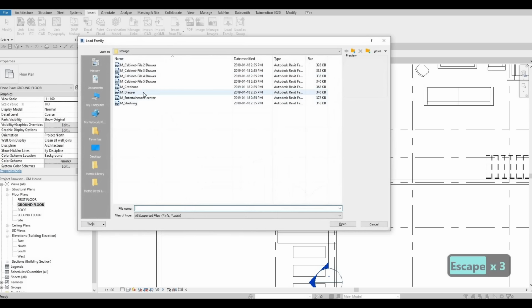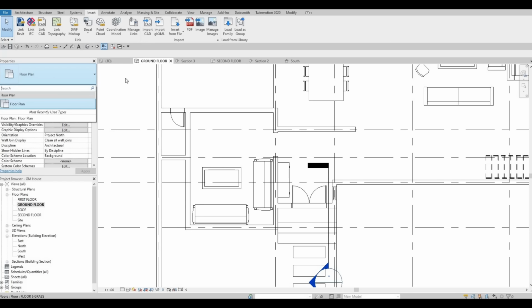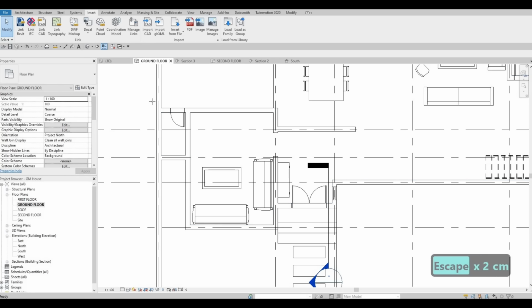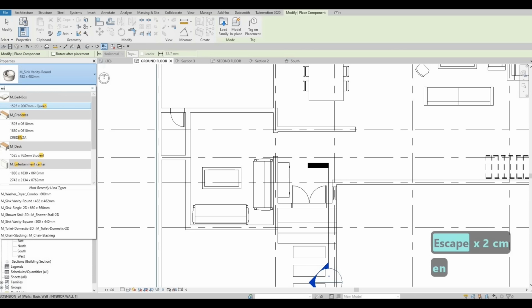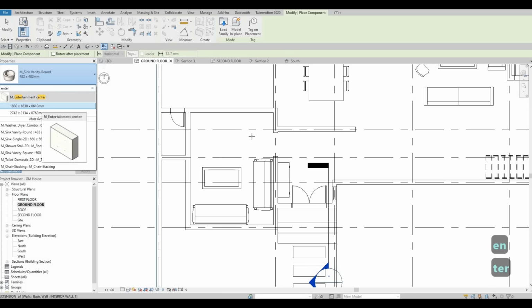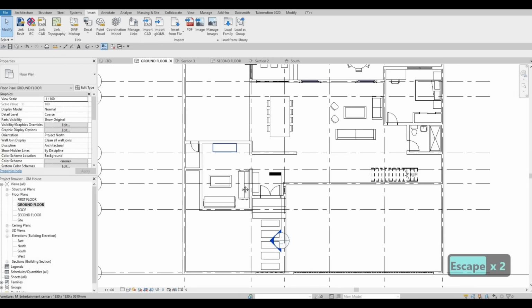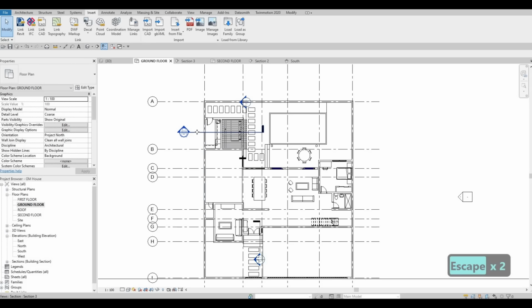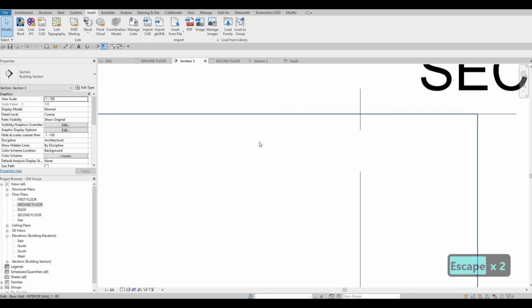So I'm not sure if I was able to load this. Click on open, CM, entertainment center right there. Add it right here. Let's add this one first. Double click on that,